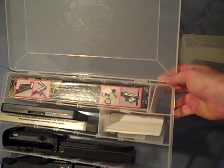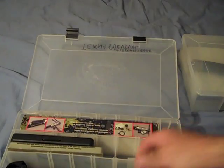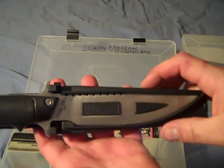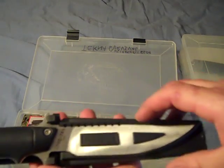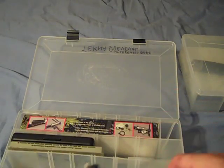Okay, let's jump back for a second into Tecna. I love Tecna. If you know how bad I got it, you know just how bad I got it. I got it really, really bad. The Tecna, which was bought up by a company called Tech, they bought up all the dies and everything, so they can still make these. They are still available on the internet, so you can buy the, well...